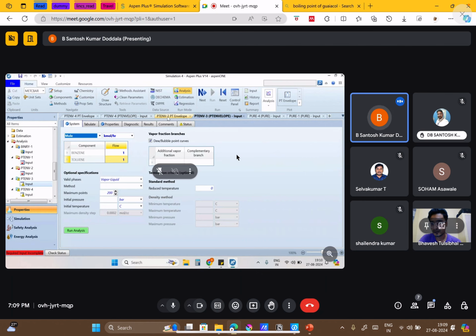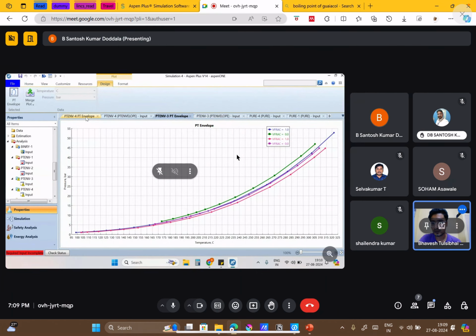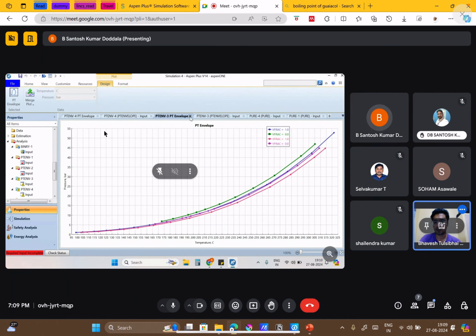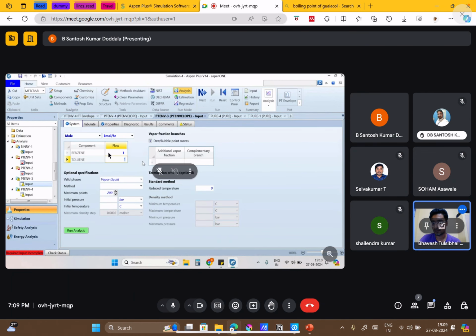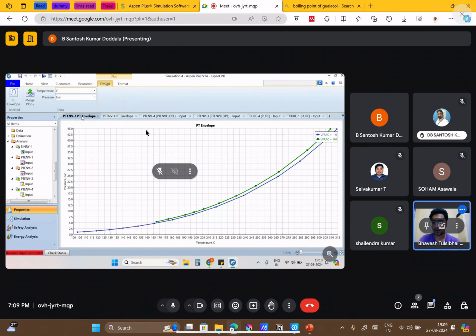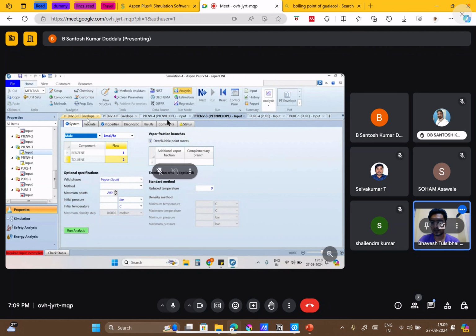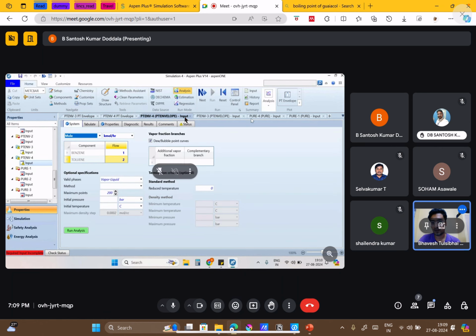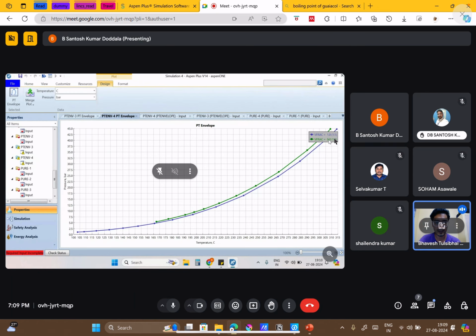Run it again. Envelope 3, 1 is 1. 3 is 1 to 1, 4 is 1 to 2. Sorry. Okay, close this. You can close it. Wasn't PT envelope 3 the 1 to 2 part and 4 as... see. So if you see PT envelope 4, that is 1 to 2. So that was correct. I think the plot changed the legend here, make it 1 to 2.